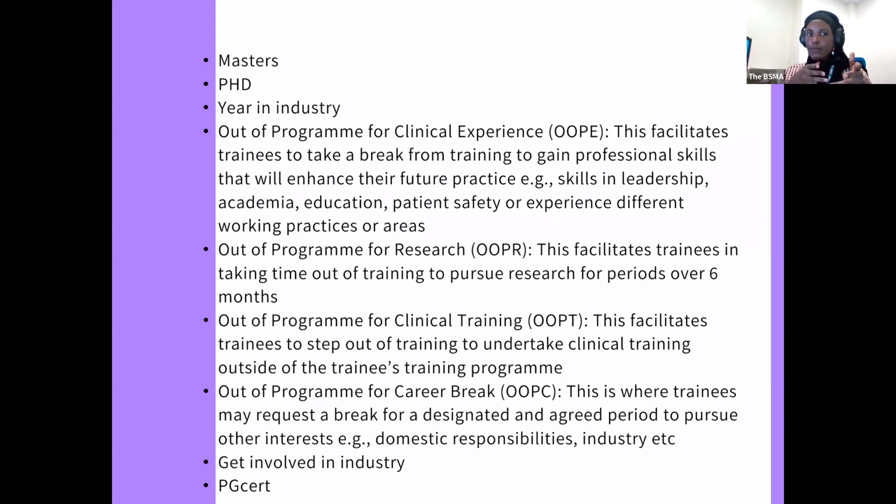If you want to take an out of program for research purposes, such as doing a PhD or a master's, you can do that. You can do out of program for clinical training. So for instance, if you want to become a teaching fellow for a year, which is something that you can do in radiology, you can apply for that. Or another important thing, if you just want to take a career break, you can also do that as well. So this is where trainees can request a break for a designated agreed period of time to pursue other interests of theirs. And as I mentioned, get involved in industry. And earlier, as Khalid mentioned, if you've got a passion for teaching, you can do a PG cert as well